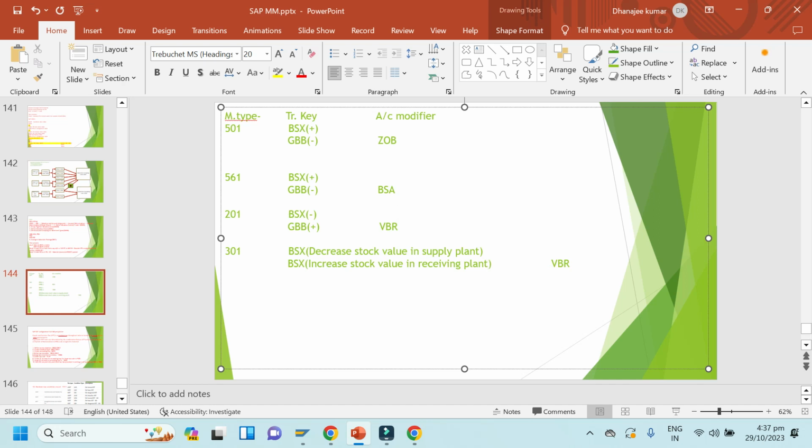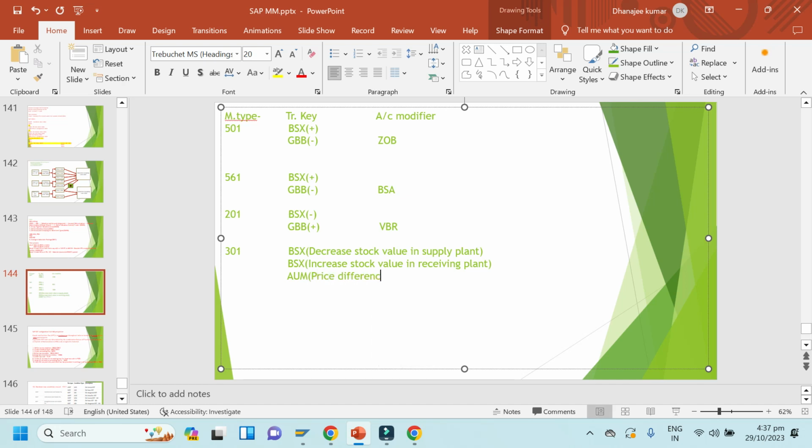Okay, and no account modifier here. Price differences will trigger to UMB. Okay, this is also a transaction key. Price differences will trigger to UMB.